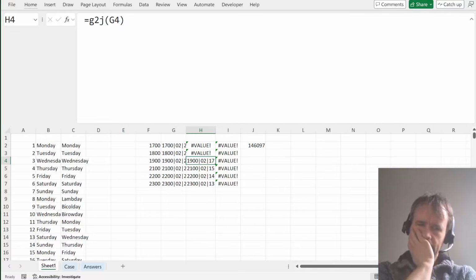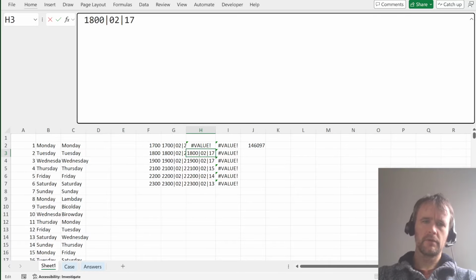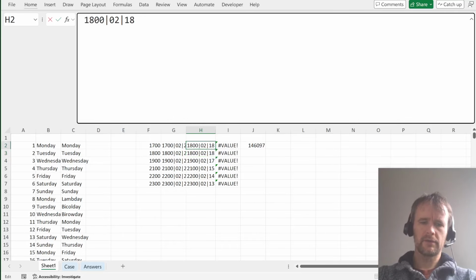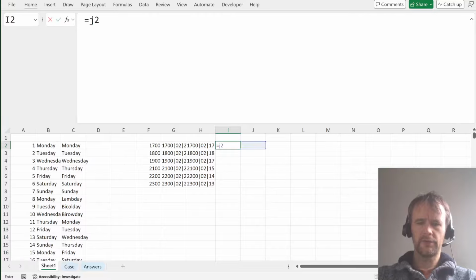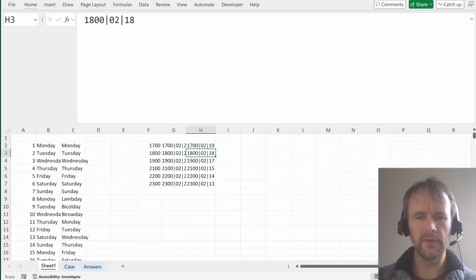So then I need to work out the Julian dates for these, which is going to be something that looks a lot like 1800 and that, maybe 18, and something that looks a lot like that, maybe 17. Can I use my lambda that goes the other way now? Can I do J to, no, I did a G to J. No, because that's the wrong way around. All right, that should probably be 19. Okay, so